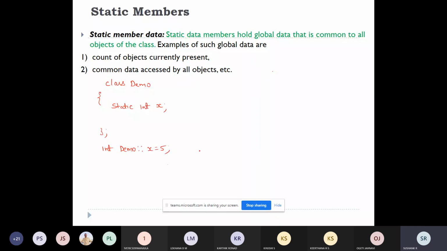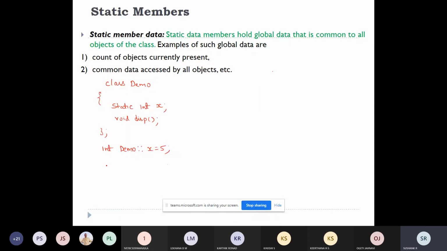Now a few changes. See, this static variable is there, no? The static variables can be referred to by the member functions directly. For example, there is a function called display. I'm just declaring the function here.